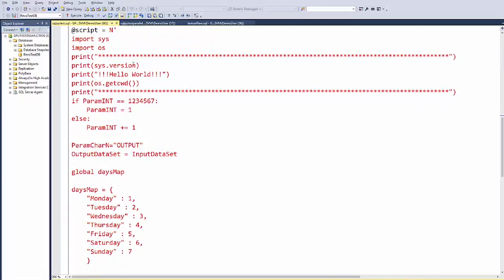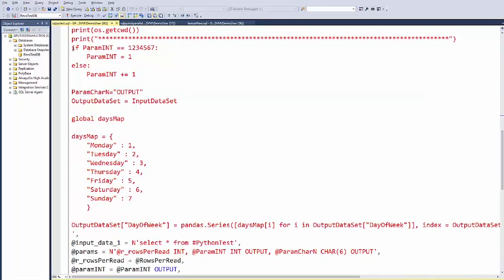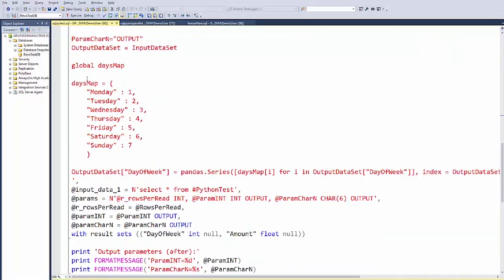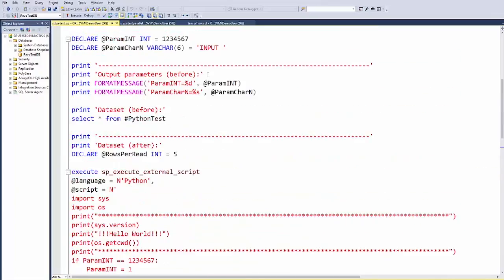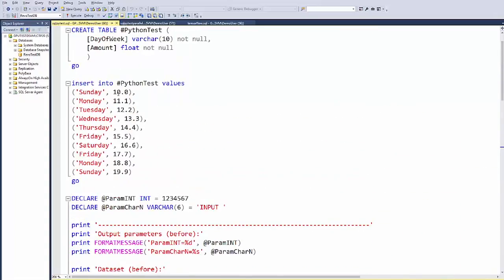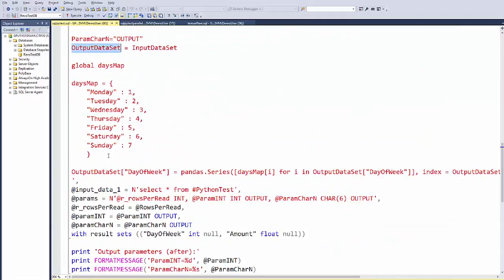What the script also does is a hello world, then it's changing the parameters, which is basically some integer it's assigning. But at the core of it, what the script is doing is essentially taking whatever data set was passed into the script through the SQL integration and assigning it to the output data set. In this case, remember that we would have got a string and a float, right? What the script does is it has a map which maps the day of week from a string to an integer. And it just replaces one of the columns in the output data set, which is basically a pandas data